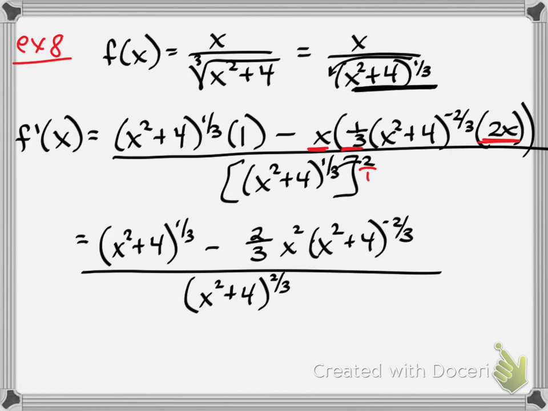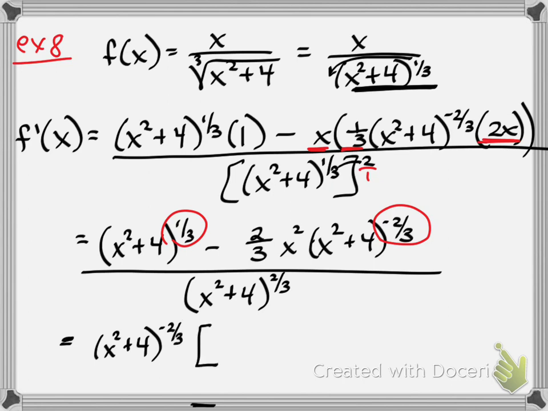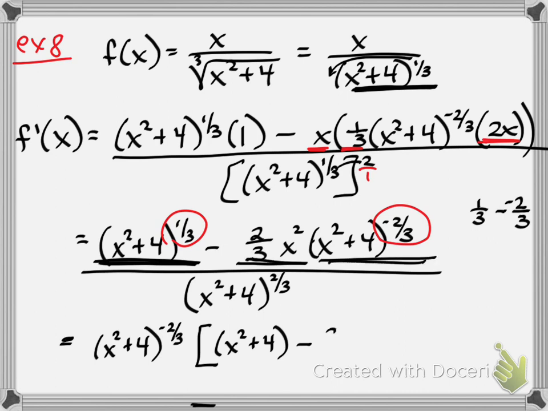We could factor out on the top the least factor, like we were doing. When you just look at the top, this negative 2/3 is the smallest, so we could factor that out. Which would leave, so now when we look at this, we have a 1/3 and we're subtracting the negative 2/3. So that's just to the first power. Minus, let's see, we factored all that out, so it's just minus 2/3 x squared